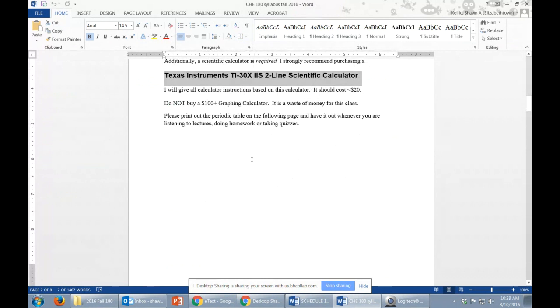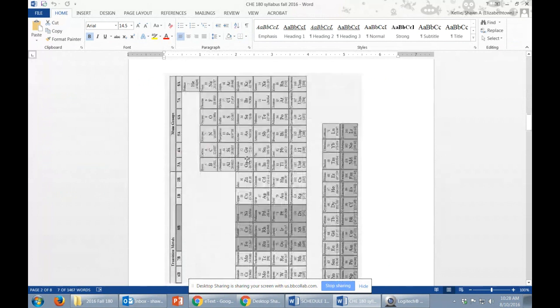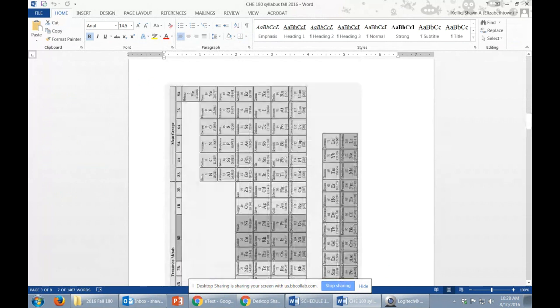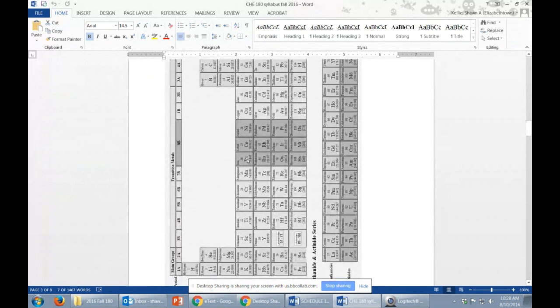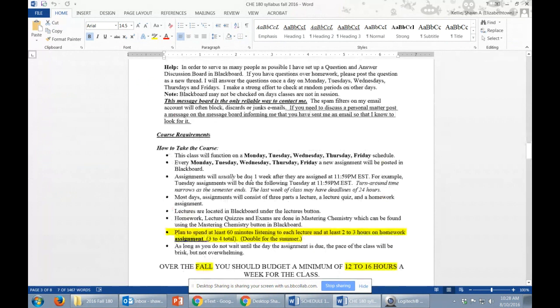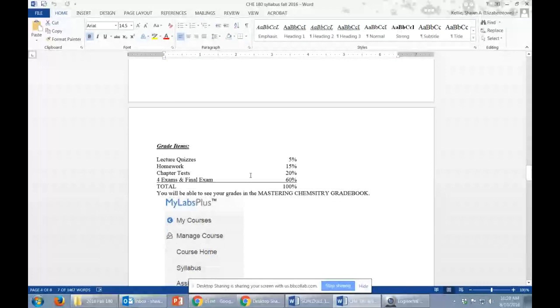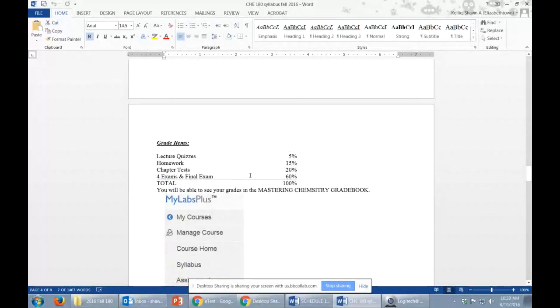Another thing you need for this course at all times is a periodic table. Don't buy one. Ta-da, here's a periodic table for you right here in the syllabus. Print it out. Print out 5 or 6 of them, staple them to the wall, have them out in front of you, put them in your notebook. Just always have periodic tables around you. You'll need lots. That's it for this part of the welcome lecture,